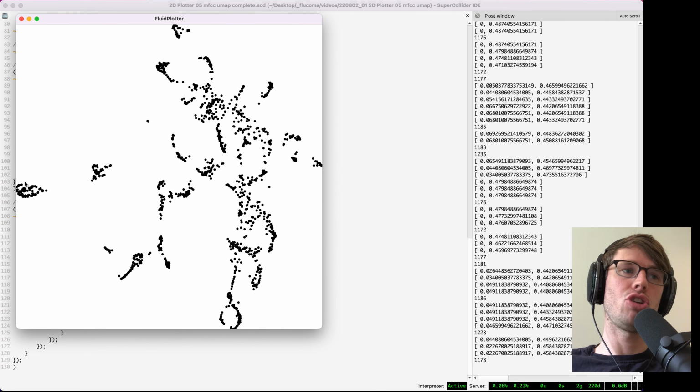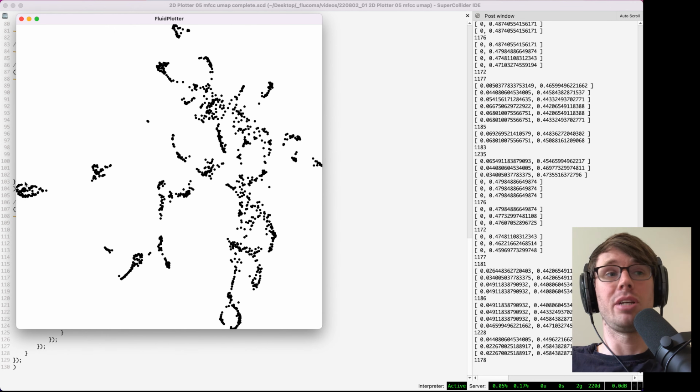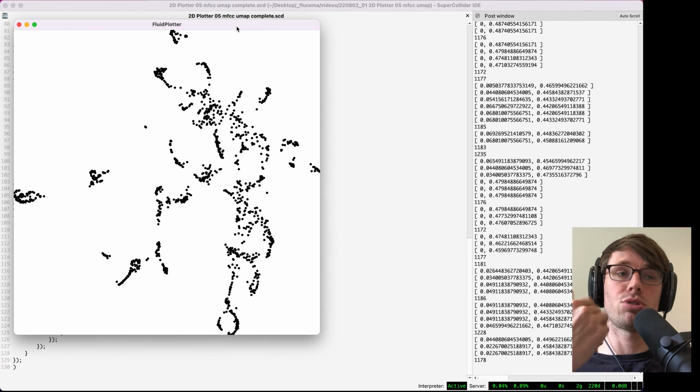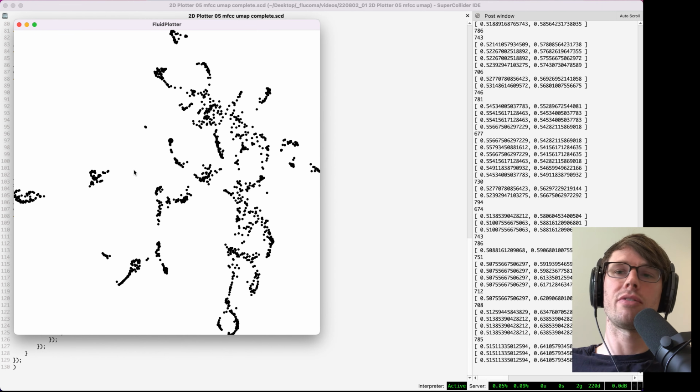So we can see now that UMAP has organized them in such a way that sounds that have similar timbres are being clustered together or grouped together in this two-dimensional space. The actual shape that we have here, these long lines of sounds, is a common result of UMAP, in that it gives us these tentacles that tend to move through the space in this way. UMAP has a couple parameters that we might adjust in order to change the result of our UMAP plot like this. And those are